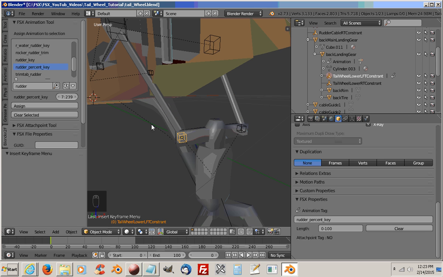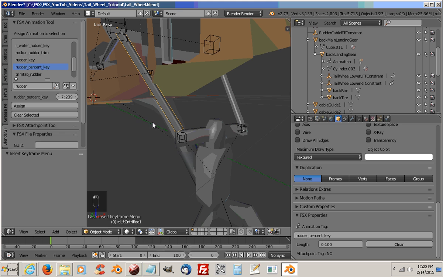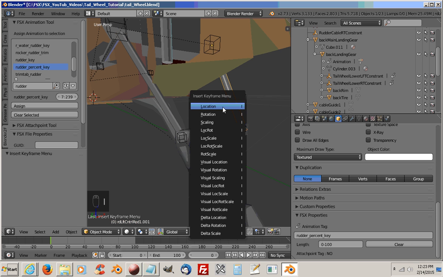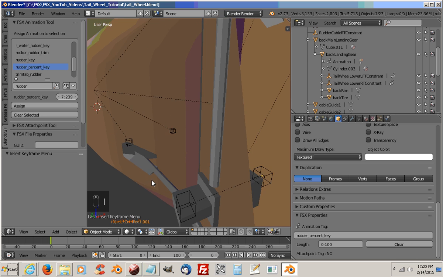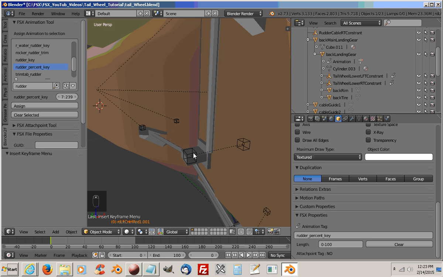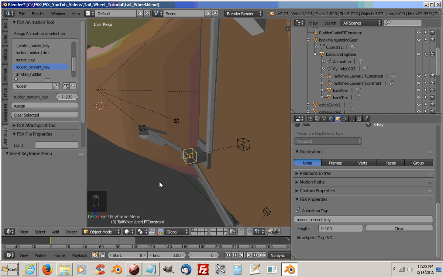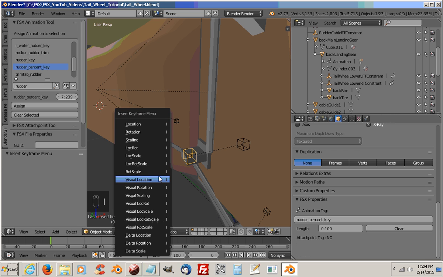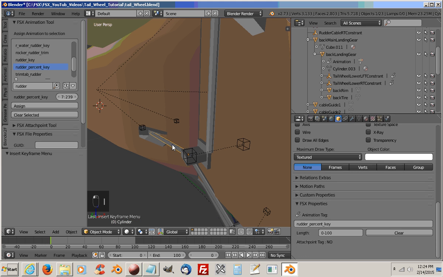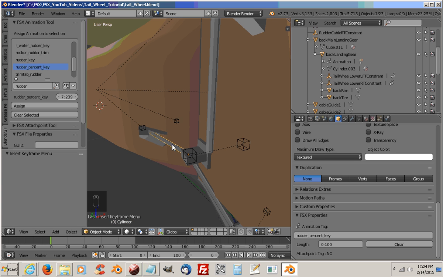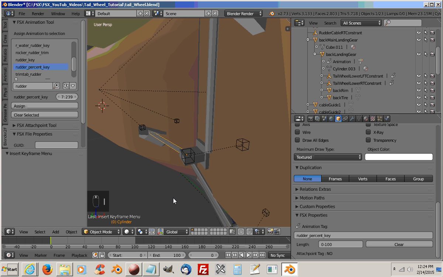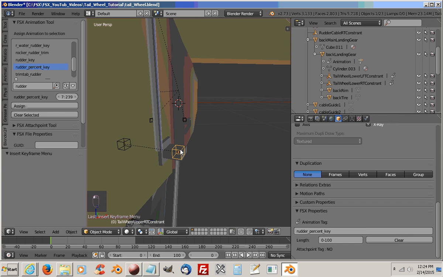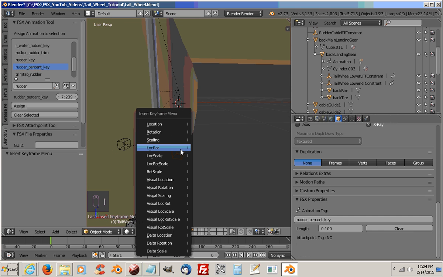So location, click on this one, I and location, click on the cable, location, add keyframe, location, add a location and a keyframe for this one for location. For the cable, location, go to the other side, add keyframe for location,